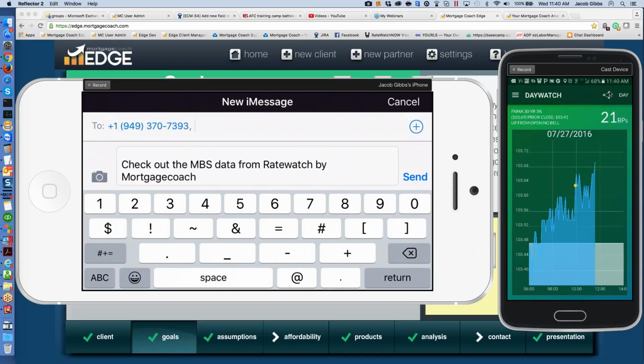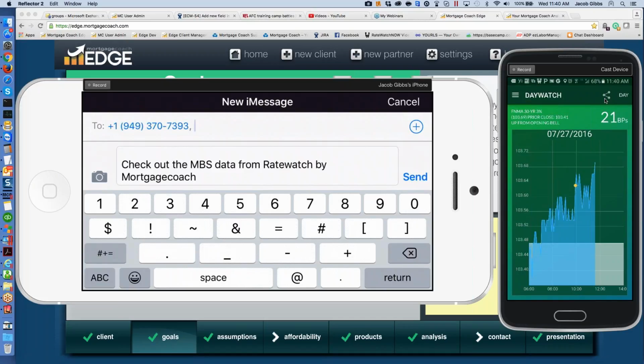Now, on your Android device, the sharing is these 3 connected dots up at the top right. So you can share this screen in the same fashion as we did over on the Mortgage Coach app, and we can share this out with Dave. But this is a great one to be able to share with realtor partners and borrowers to show them that, hey, there's some volatility in the market. And in fact, today's a good day in the market. We should actually expect to see some pretty good pricing coming out of today